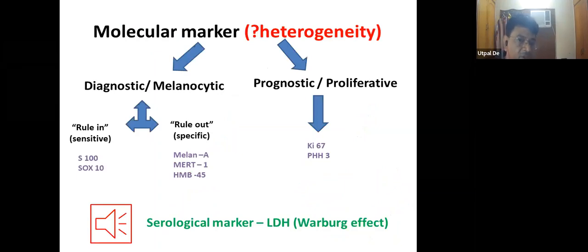So, like other tumors, molecular markers are very much important to make a specific diagnosis of melanoma. And there comes the question of heterogeneity. Because until and unless we diagnose what kind of melanoma it is, and we need to give targeted or immunotherapies, it becomes difficult. So there are certain diagnostic markers, which are also known as melanocytic markers, and there are certain prognostic